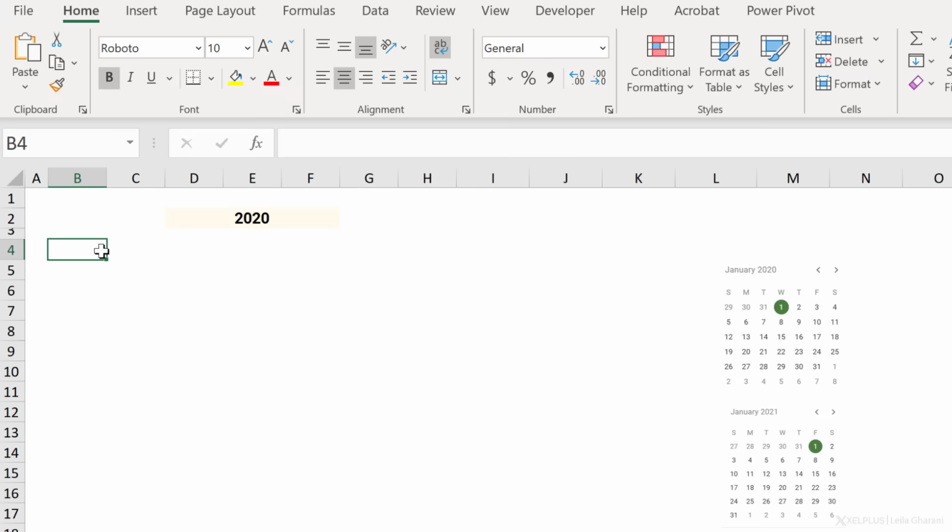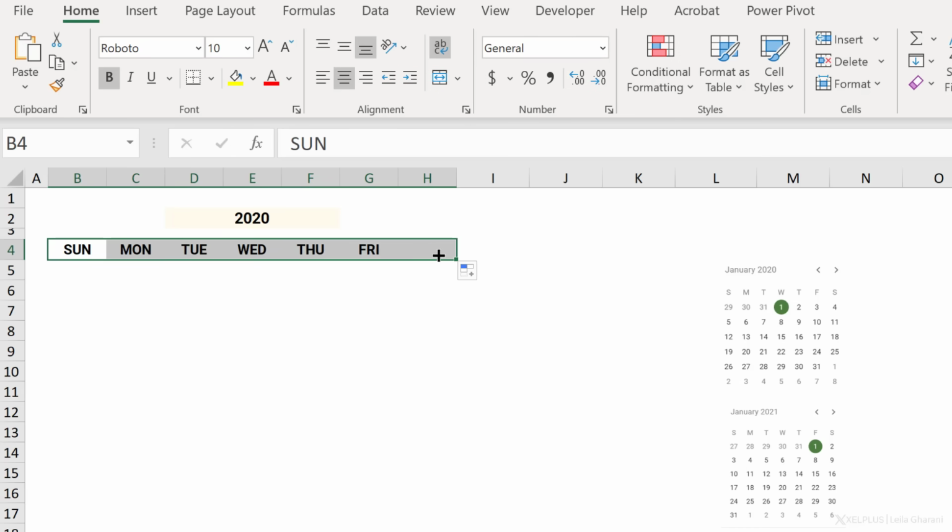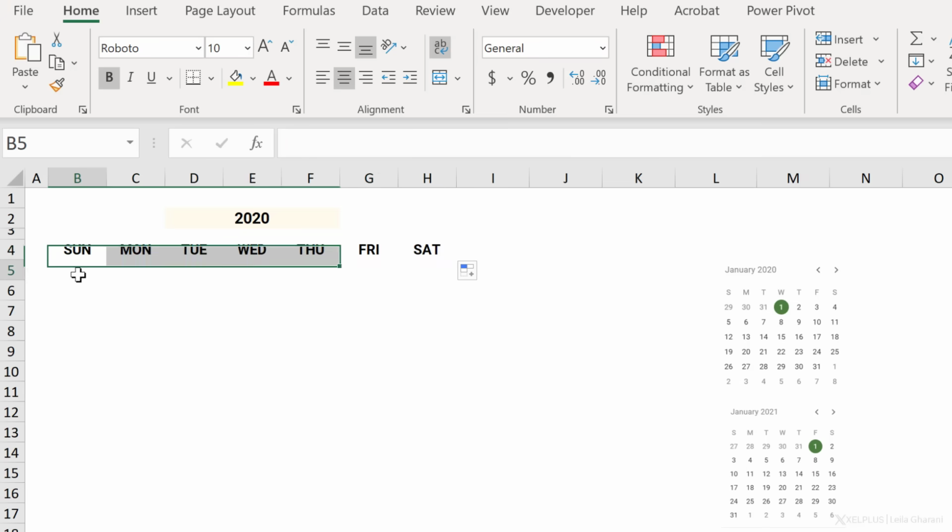Okay, so this is where we're going to create our calendar. What we want is to input the year here and all our dates update according to that year. So first thing we're going to need are our headers, which are our weekdays. So let's start off with Sunday and let's just pull this over until Saturday. So now what we're going to do is write one single function that's going to spill and get us everything. But we're going to do it step by step.